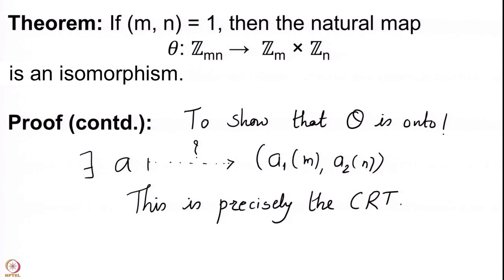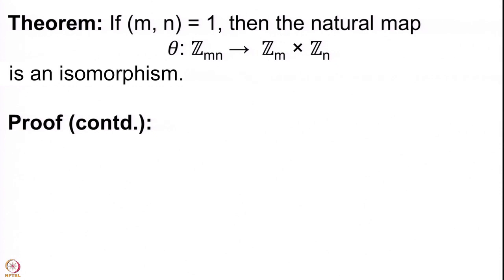Chinese remainder theorem tells you that when you have two moduli which are coprime, which here are m and n, we assume that m and n are coprime. This is given to us in the statement already. So, for any A1 and any A2, you have a natural number A satisfying that A is congruent to A1 mod m and A is congruent to A2 mod n, and then you will simply look at that A modulo mn. So, the Chinese remainder theorem gives us the onto-ness, and finally we need to show that theta is injective,